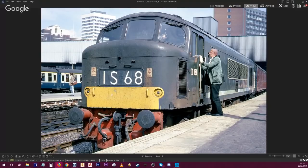F, Colchester district. G, special services. H, Cambridge and Peterborough district. J, Sheffield district. L, Leeds and York district. N, Newcastle and Teesside district. P, Norwich district. R, Barking district. Y, Ipswich district. So if I was to jump through, I'm looking at